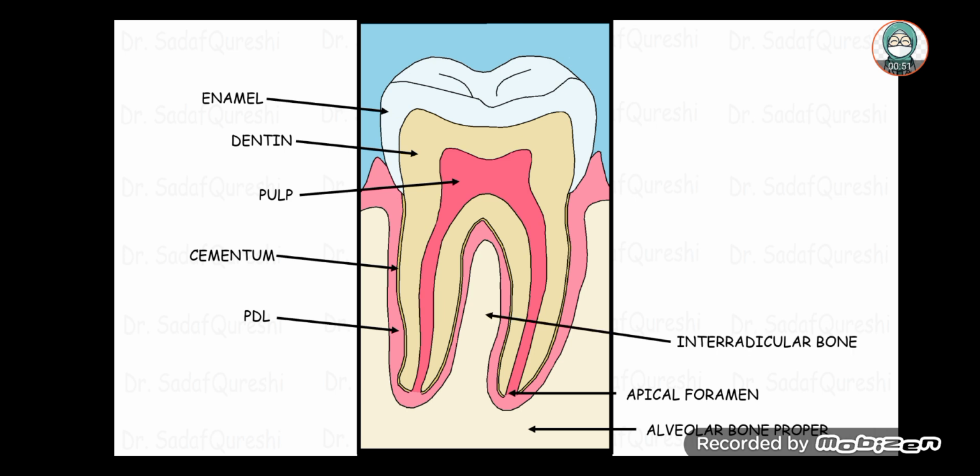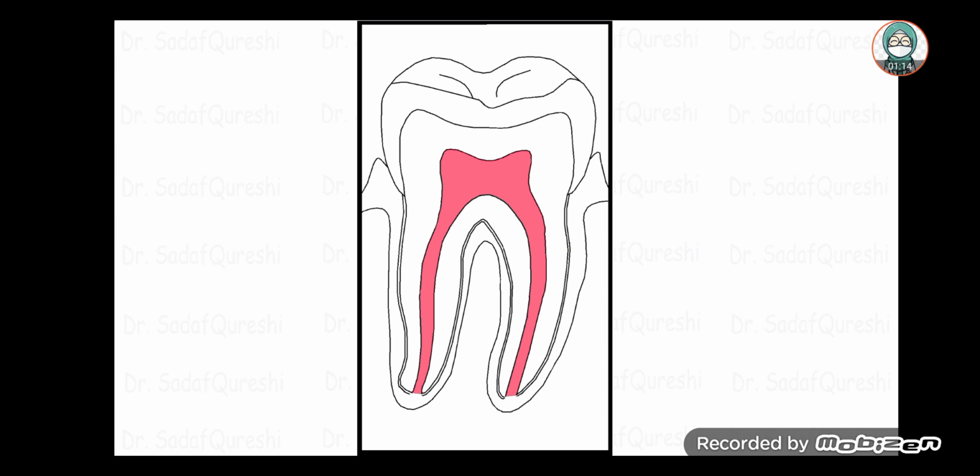And then we can also appreciate interradicular bone, especially if the tooth is multi-rooted, because in a multi-rooted tooth there will be bone between the different roots. So interradicular bone is also appreciated, especially in the case of a multi-rooted tooth. And we can also appreciate the tooth socket, and the tooth socket is basically the part of alveolar bone in which the tooth is present. So as we are going to talk about pulp, here is the pulp and we are going